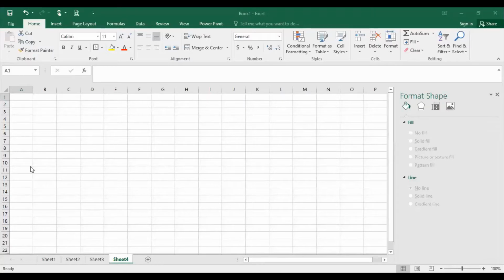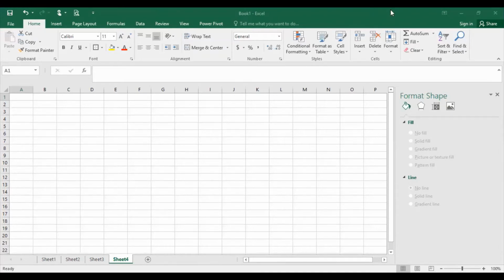Hello students, today we are going to draw the bending moment diagram. We have already done how to draw a shear force diagram in MS Excel. Now we are going to draw the bending moment diagram for numerical number 1, which I have uploaded on YouTube. I want to share the diagram of the bending moment which I am going to construct.